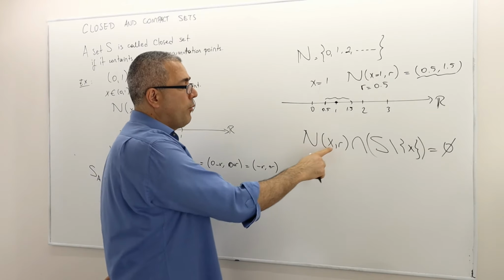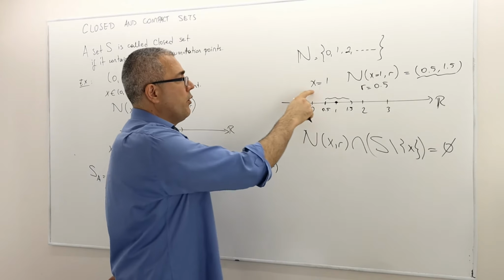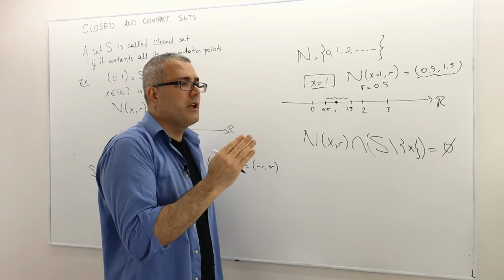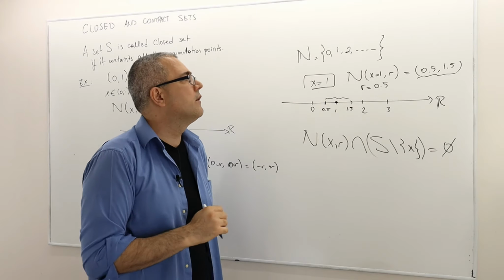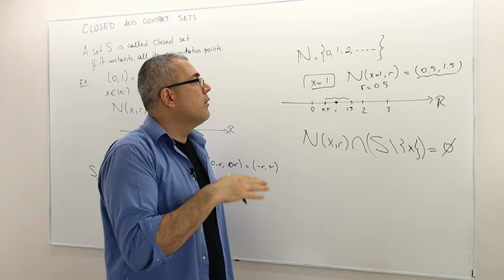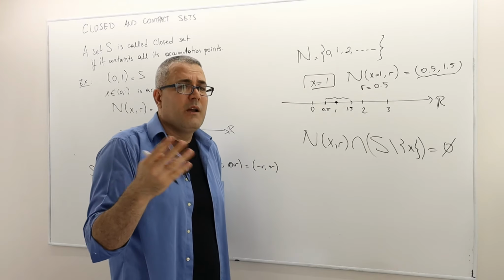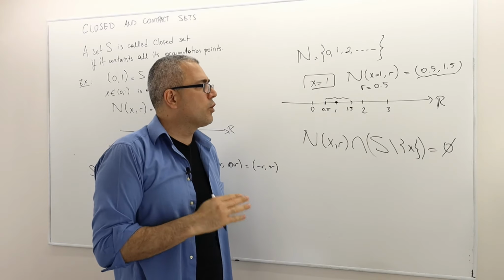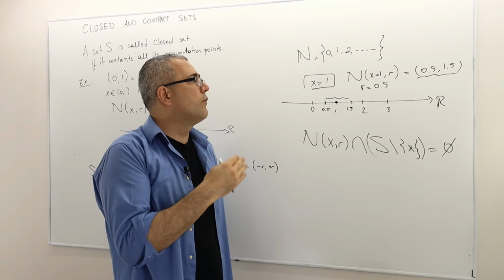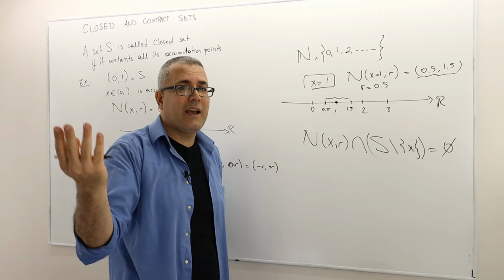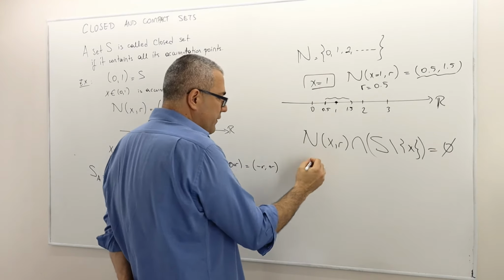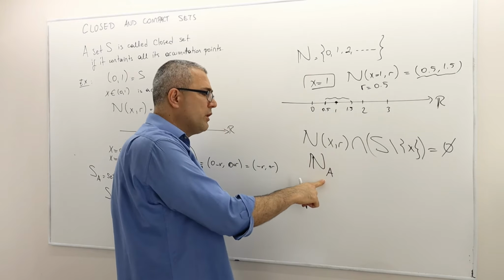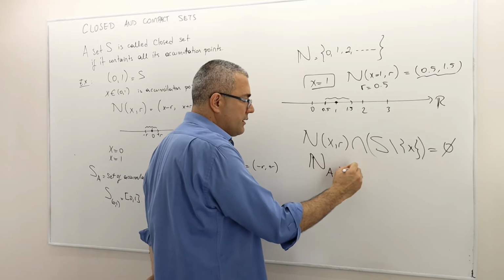So therefore, the point x is not an accumulation point. Here, the point x is 1. So the natural number 1 is not an accumulation or limit point of the set of natural numbers. What about 0 or 2? Well, there's nothing special about x being 1. The same arguments are going to work for x equals 0, 5, 10,000. So therefore, the set of accumulation points of the natural numbers is an